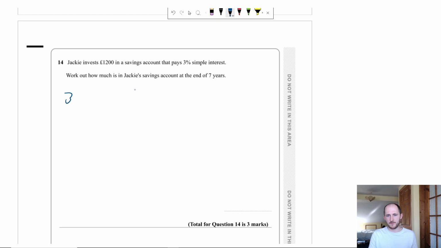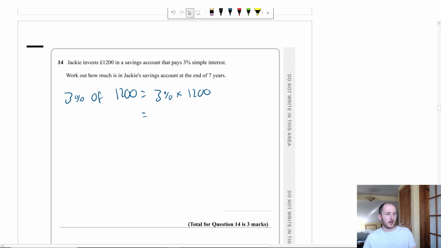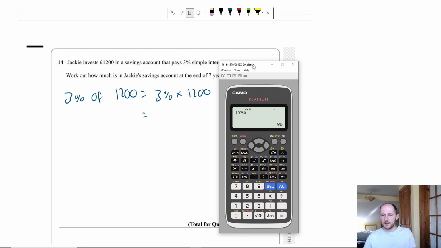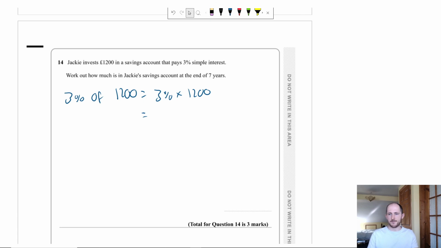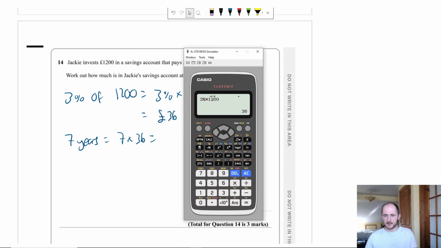So 3% of £1,200 is just the same as doing 3% times 1,200, which, pull out your calculator, nice and easy. 3, shift percent sign, multiply by 1,200, 36. There you go, easy. So what this is telling me is that Jackie's getting £36 every year. So for 7 years, she's going to get 7 times £36. So whip out your calculator again, times by 7,